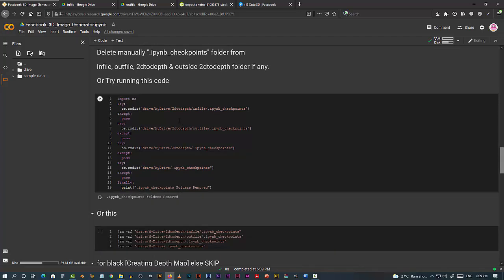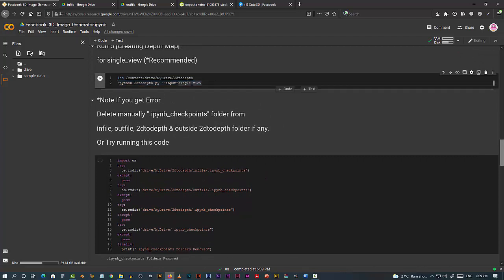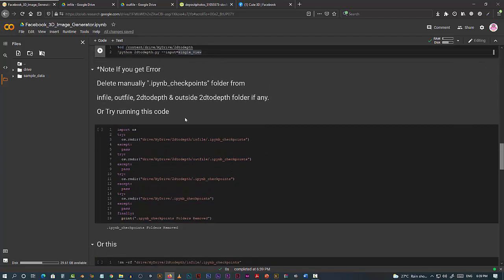And another thing, after running this, you might come into a problem that the code is crashing, or the code is giving you error. If you get any sort of error, the problem is inside it has created these checkpoints folders, in different folders.